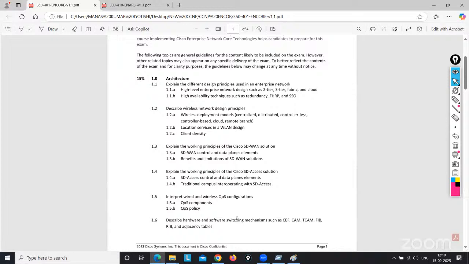Suppose you are working on a remote site, not the data center. For the data center, you need a minimum of more than 10 years of experience. For a remote site, suppose there are 2 SD-WAN devices, 3 L3 devices, and 50 L2 devices. A very small site. Then they will ask you, have you prepared any kind of architecture for that site? Because you are giving the interview for L2, you definitely need to tell them yes, I have prepared. Whether you have prepared or not, I don't know, but you need to say yes.